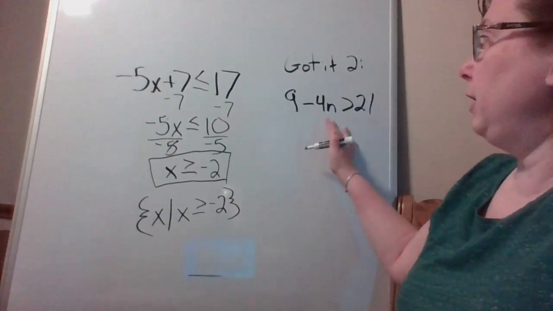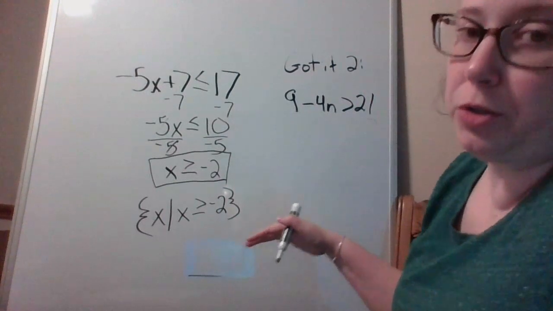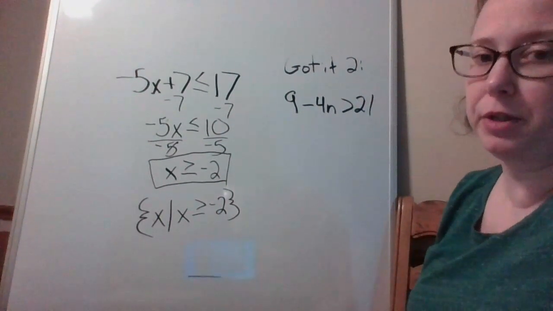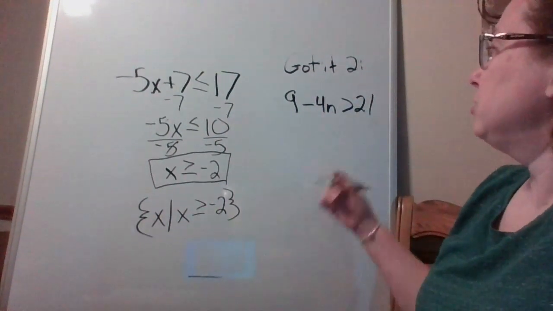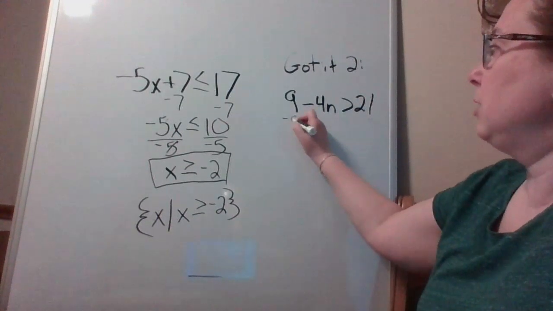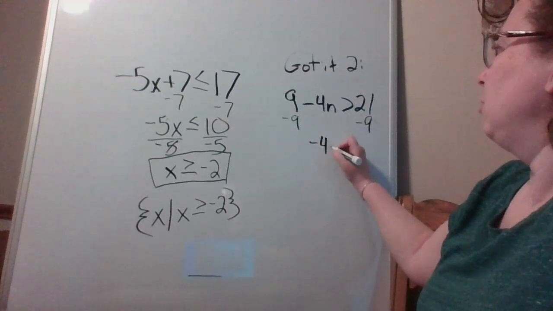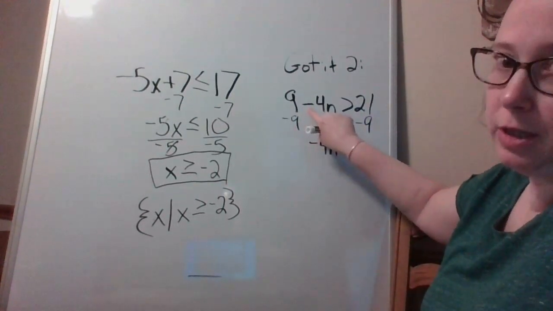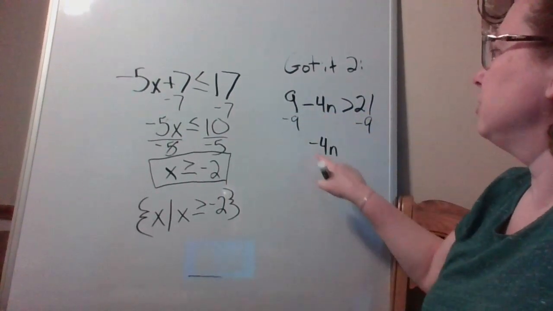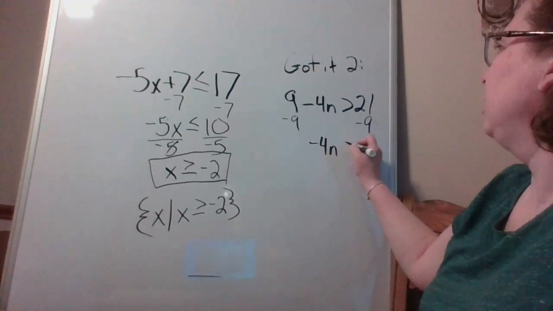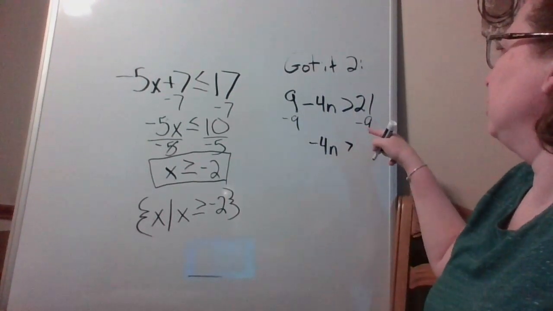So again, we're given an inequality and we're asked to solve that out and then write the answer in set builder notation. The first thing we would have to do here is subtract 9 from both sides. Don't forget that the subtraction sign sticks with the 4n, so we have -4n is greater than,